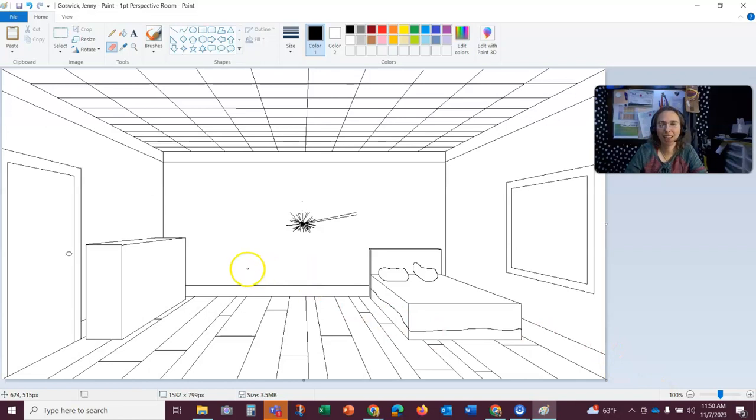So now I have to decide what style dresser am I going to do. Am I going to do one with panels on the front? The whole panel comes off. Is it going to be like just a rectangle that fills the whole space? Is it going to be divided in half? There are going to be multiple drawers. What is this going to look like? So to start this process, you have to kind of know what you want it to look like. Okay, very simply, I can do a very simple example